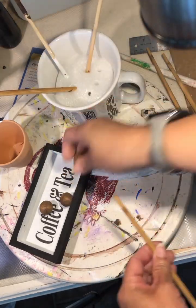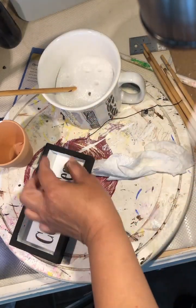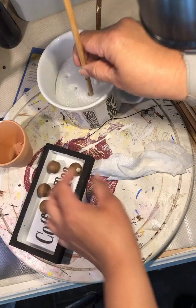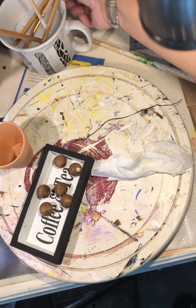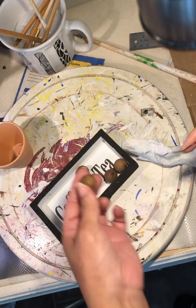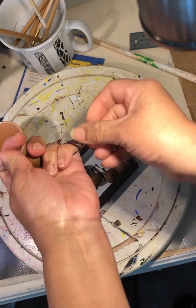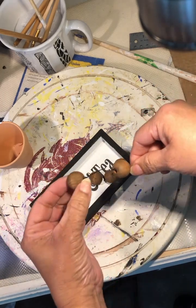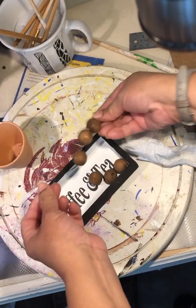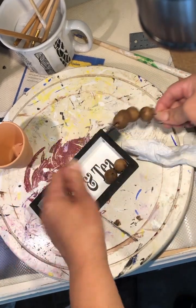After allowing my beads to dry overnight, I began threading them through the original wire that I saved from this sign. I didn't attach all the beads. I didn't like the look of all the same number of beads. I think I just left out maybe 2 or 3 beads to make this little handle,